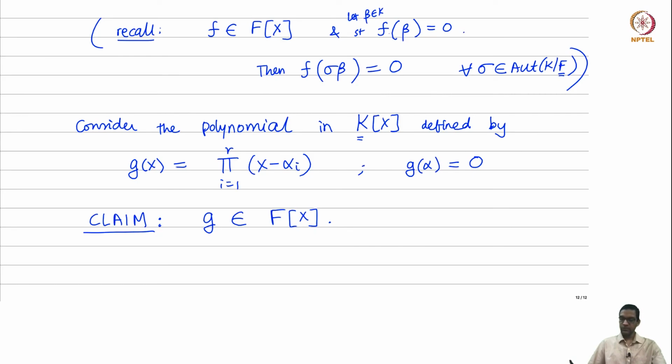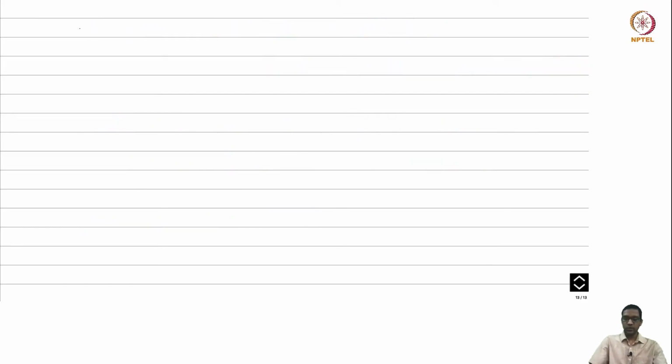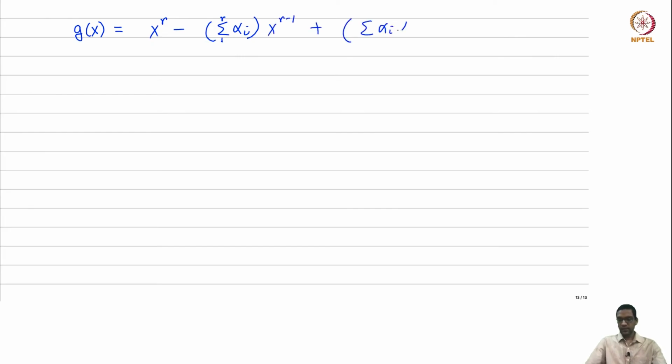So what are the coefficients of g? Let's expand g out and see what the coefficients look like. So g of x now looks like x to the r minus the summation of all the alpha i's times x to the r minus 1, plus the summation of alpha i alpha j times x to the r minus 2, and so on. This is over all i less than j. Recall, this is how one expands a polynomial, and these coefficients here are exactly the various elementary symmetric functions, if you wish, right? So these are all symmetric functions of the roots,